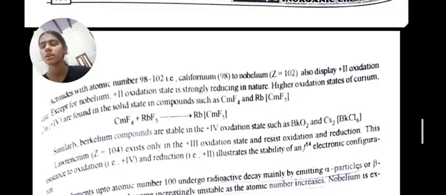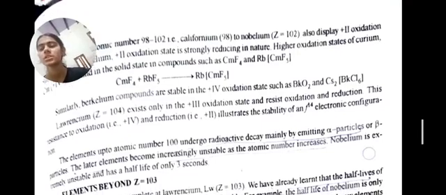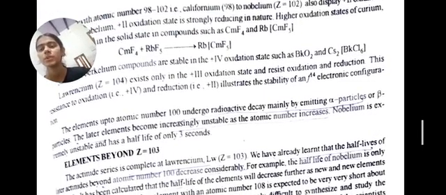Higher oxidation state of curium, +4, is found in the solid state in compounds such as CmF4. Similarly, berkelium compounds are stable in the +4 oxidation state, such as berkelium dioxide. Lawrencium exists only in the +3 oxidation state and resists oxidation and reduction. This resistance to oxidation, that is +4, and reduction, that is +2, illustrates the stability of a 5f14 electronic configuration. The elements up to atomic number 100 undergo radioactive decay